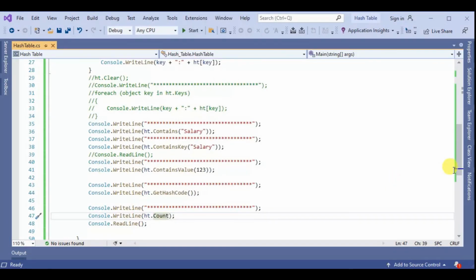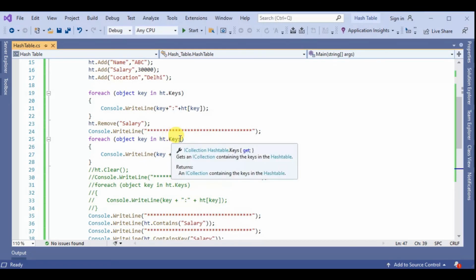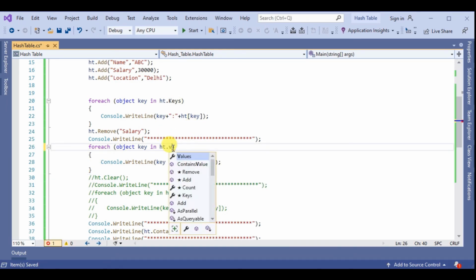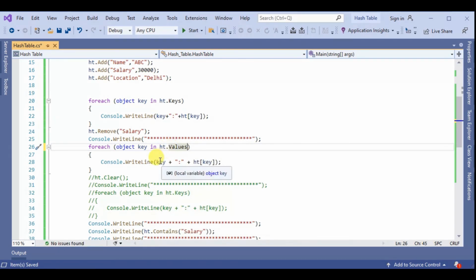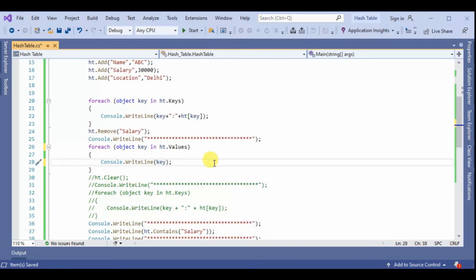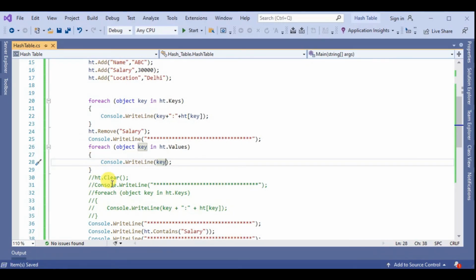Keys and values we already used here. This is the keys property, and let's see the values property. Here we give the values and print, and save and F5.